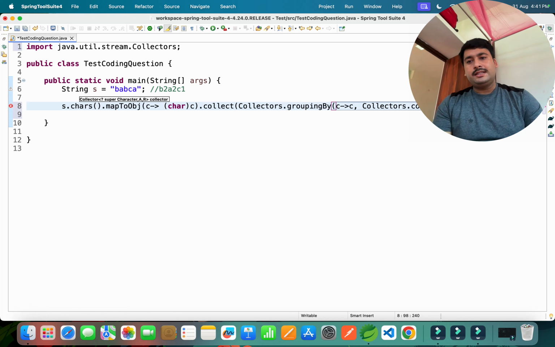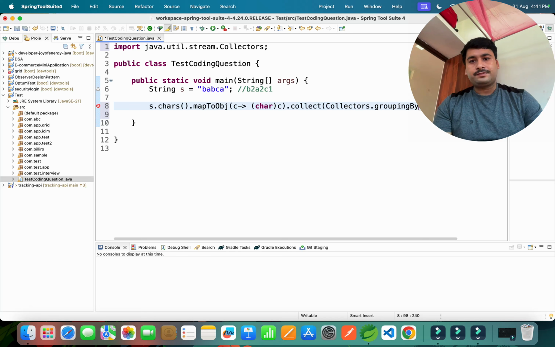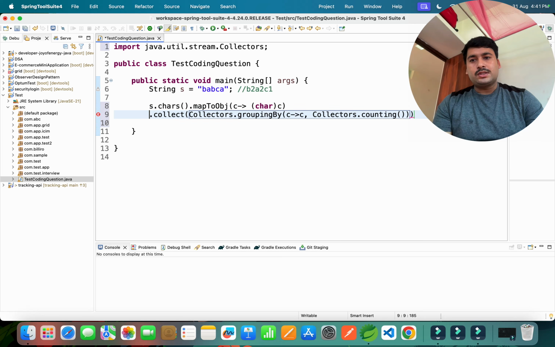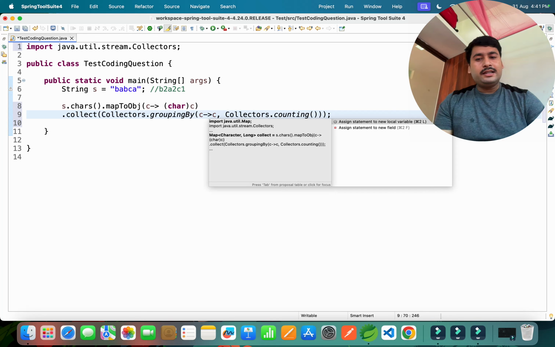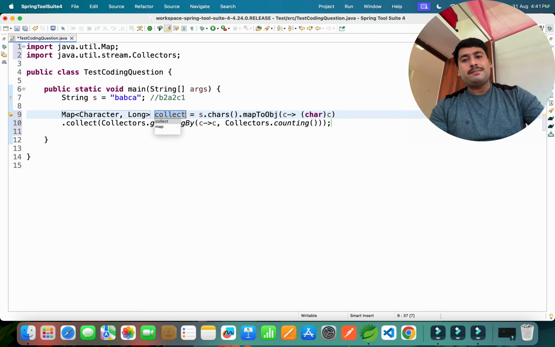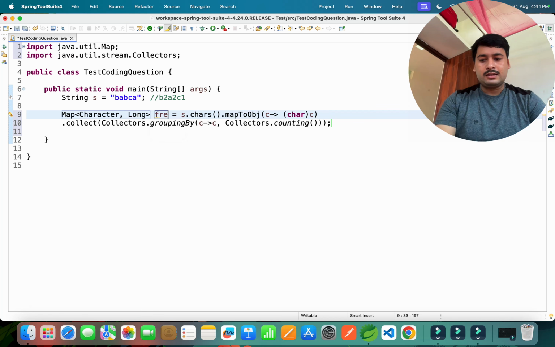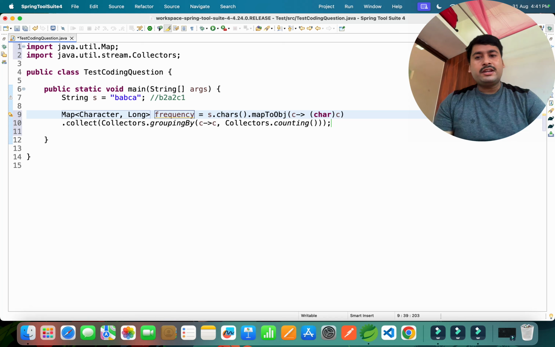If you see this question, with Collectors.counting here, and if I assign this, it will give me one map, which is nothing but the frequency of each character.